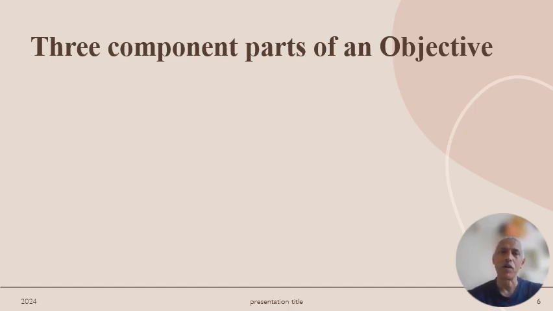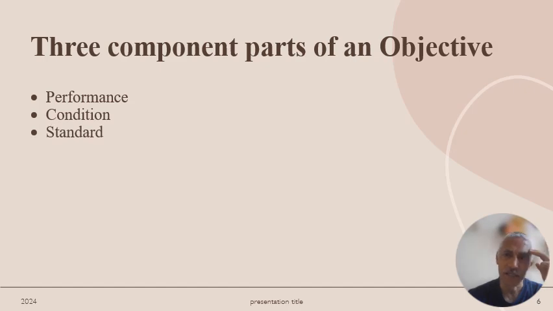This one is what I was talking to us about at the beginning of it. So an objective has three components. It has performance, condition, and standard. Performance, condition, and standard. I'll come to it briefly after I talk about Bloom's taxonomy,